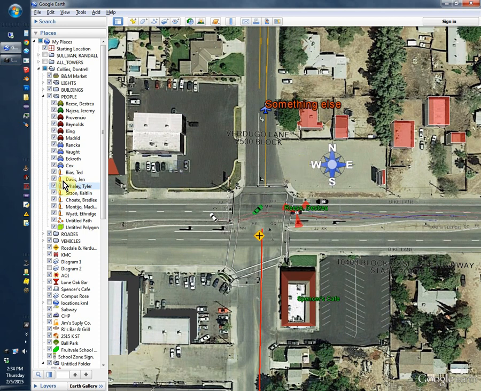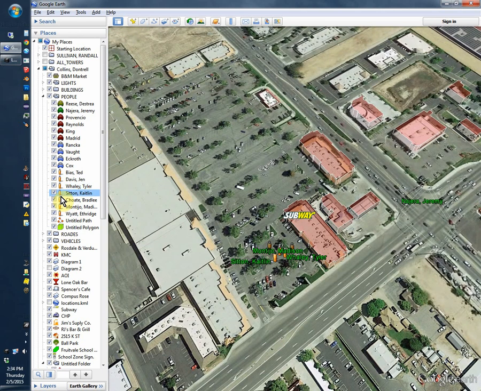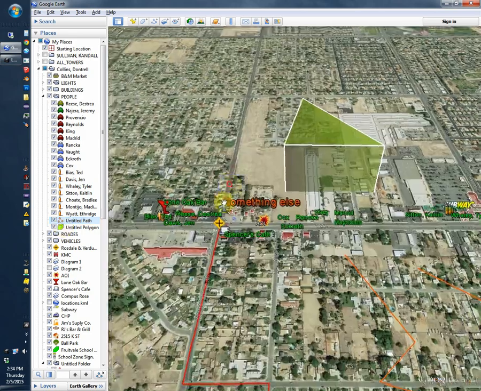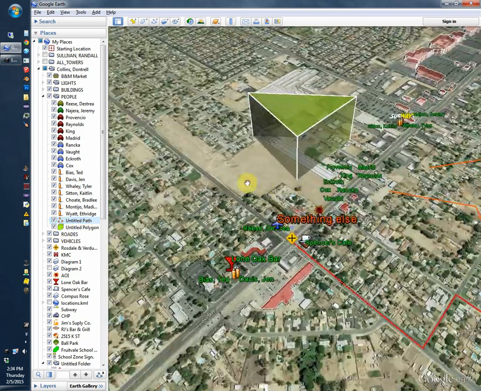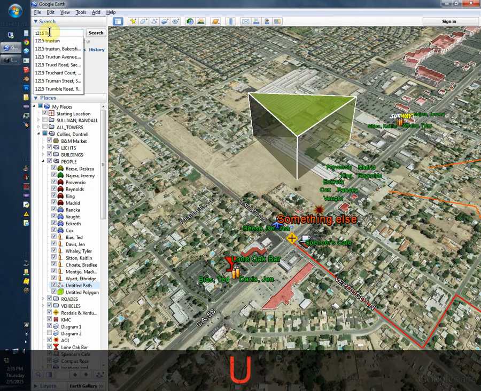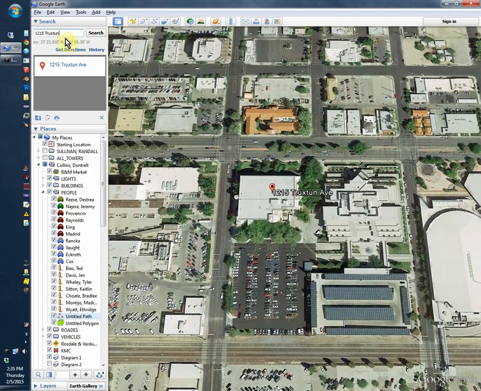You can, of course, navigate by clicking on any of your place marks in the Places panel, and when you click on those, it will take you to that particular location. Another way that you can move around or get to places is through the search panel, which is really quite helpful. Obviously, you can type in a location or an address, and when you hit enter, it'll take you there. You can also be a little less specific. You can do an intersection, so